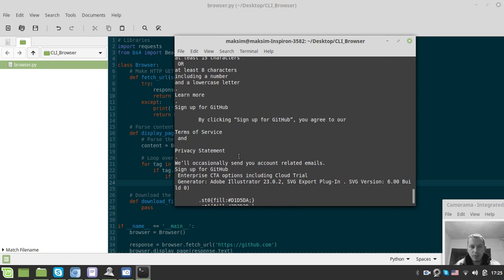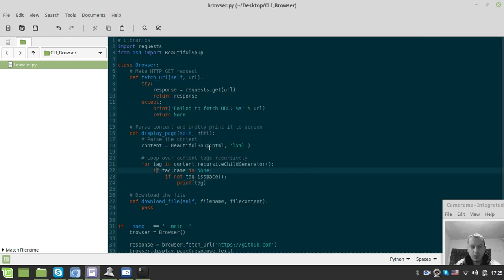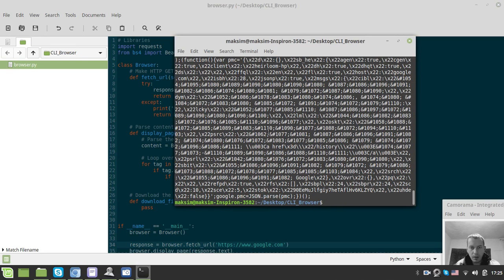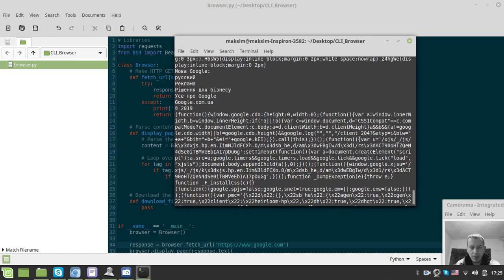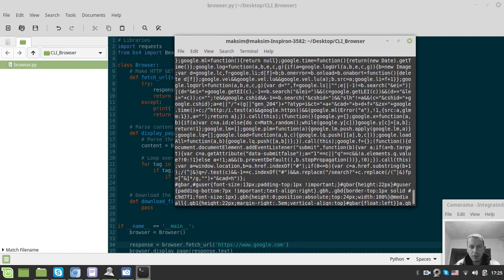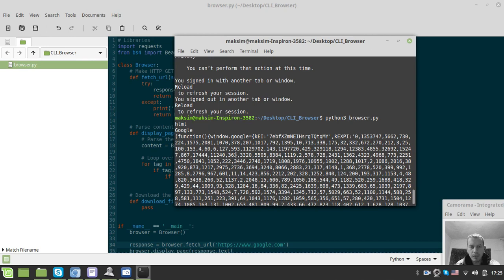So we want to, well, you know, first when I was writing this stuff, first I tried actually not the GitHub but the Google, and I'll show you why at the moment. So I'll just try the Google for now. And so here, as you can see, we have the script, and also we have the styles. So in order to just kind of get rid of that,